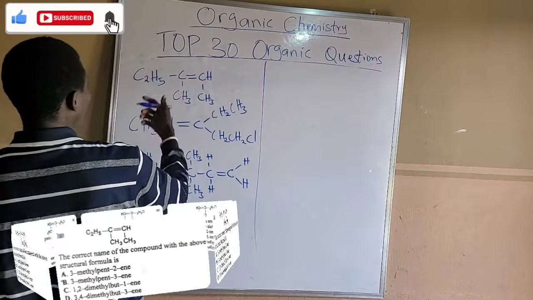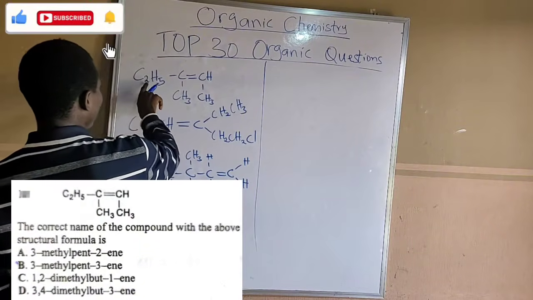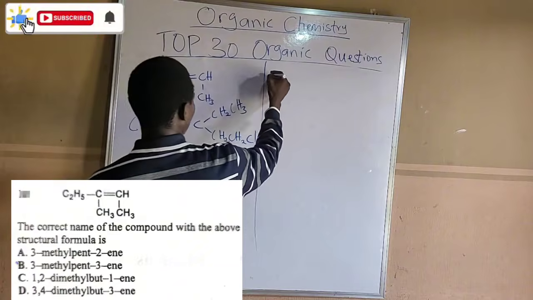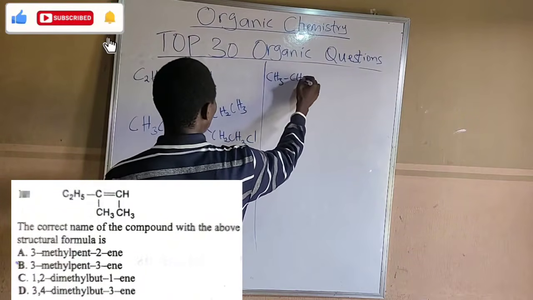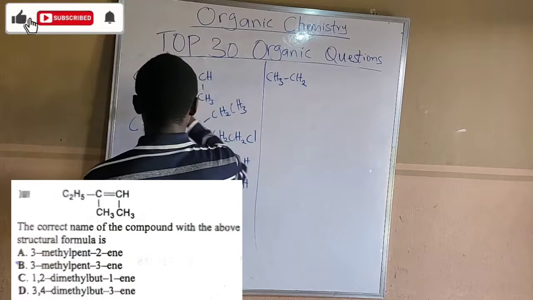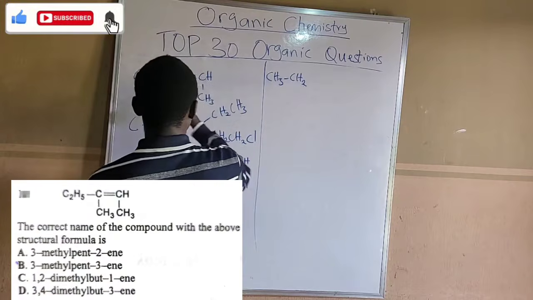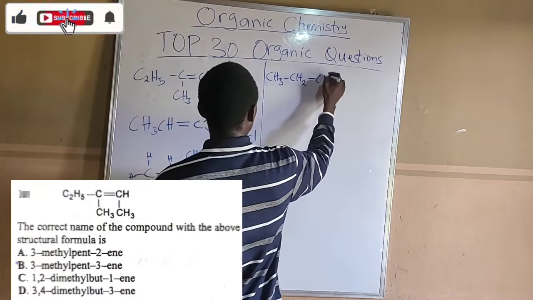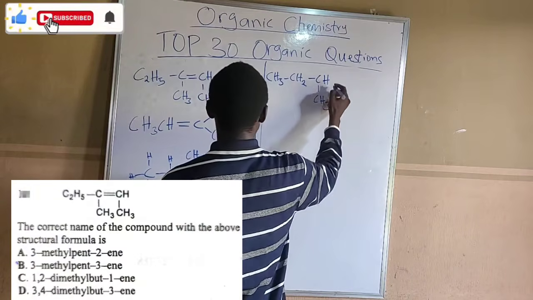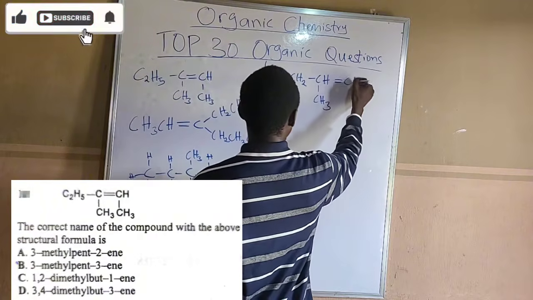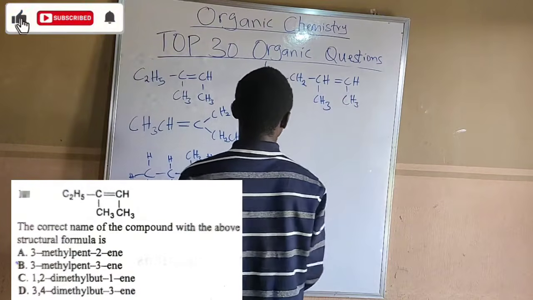Now to name this, first of all, you can rewrite this C2H5 here as CH3CH2. Why? Because two carbons, 5 hydrogens. 3 plus 2 is 5. So you can write it as this. Don't be confused. This exam is just to test whether you understand it or not. So if you have to name this now,